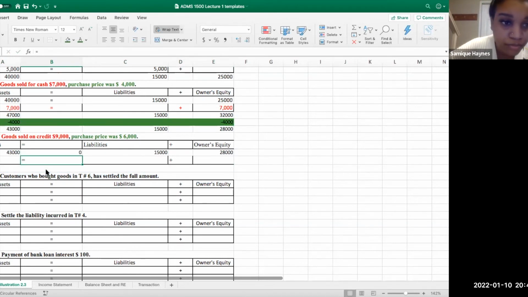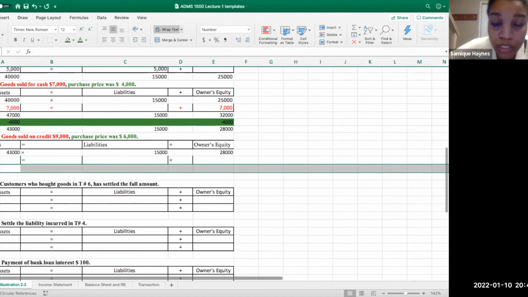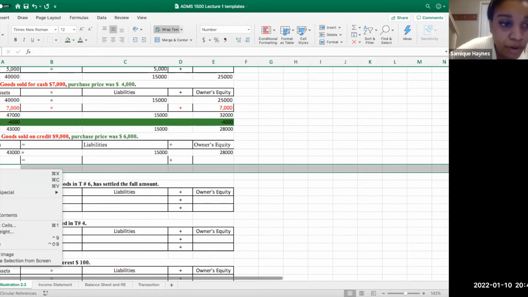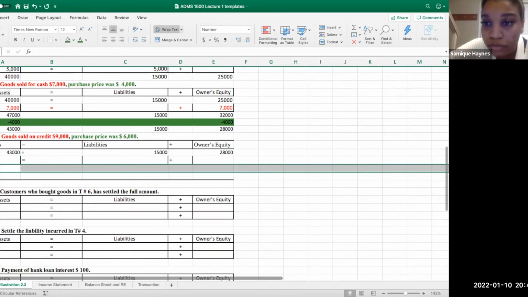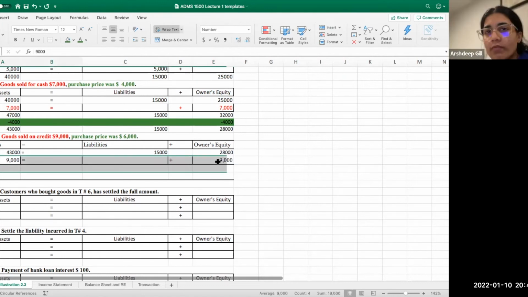Okay, so who can help us first with the red part? How do we recognize a sale? It's exactly the same way I did above, okay? Just know that there is one difference. How do we recognize the red part, the sale? Assets go up. Yes, correct. What else goes up when we sell something? Owner's equity goes up. Yes, correct. When we sell something, also owner's equity. Good job. This is the red part.